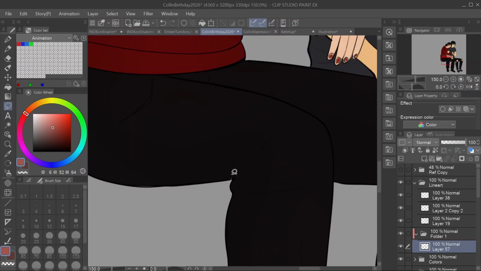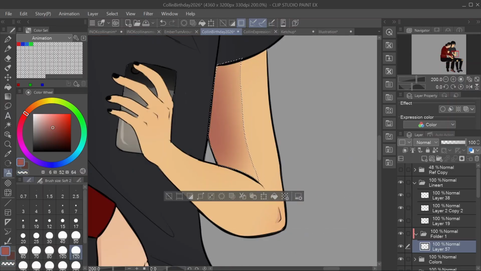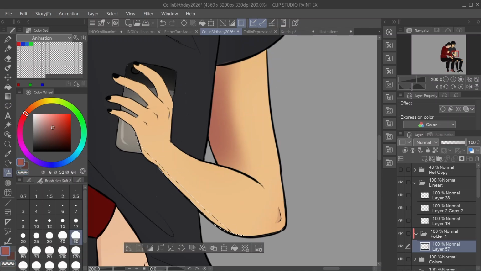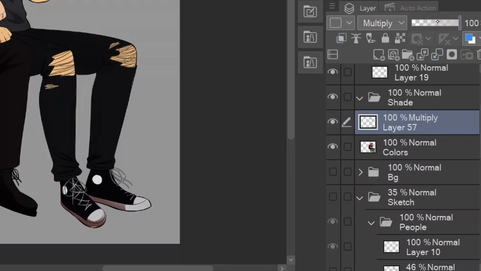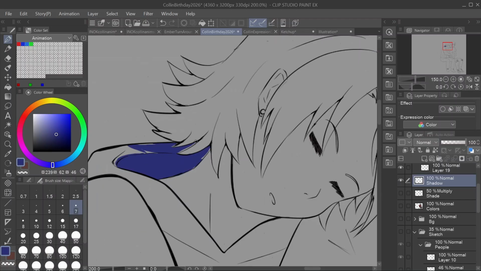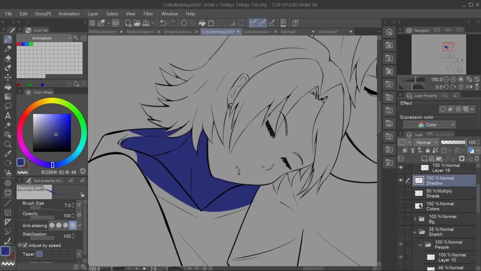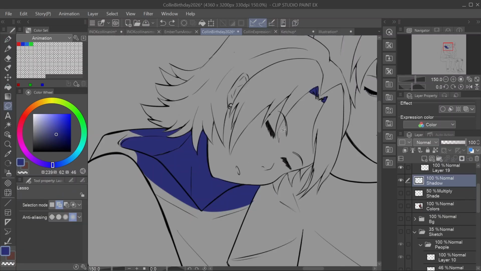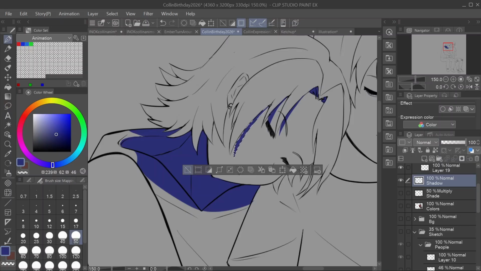One way I am differentiating the shades and shadows is by using different shade colors depending on what I'm shading. The rule I'm going with is red for warm colors and blue for cool colors. Then I clip a duplicate of the color layer onto the shade layer, manipulate the opacity, and bam! Once the shades are added, I added the cast shadows. These shadows are manipulated by the environment as opposed to the shades. Since this was going to be a twilight scene, get out of here, Edward. I made my shadows a darker blue and kept the color mostly uniform.